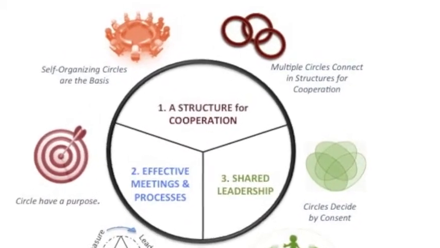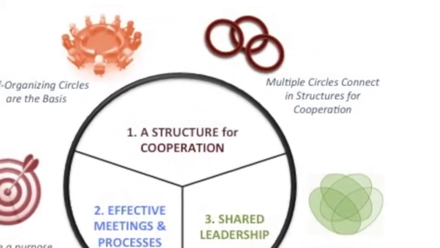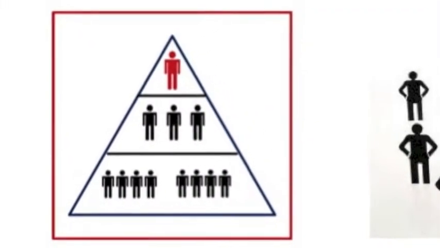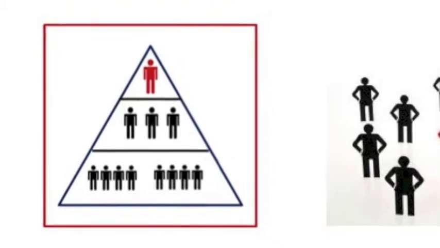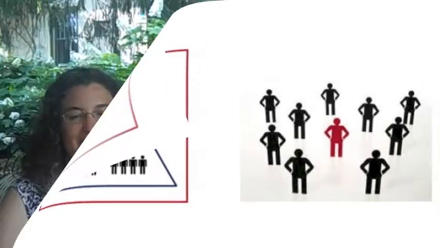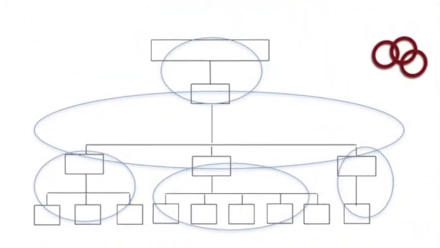Once an organization has more than one circle, these multiple circles connect in structures for cooperation. Most people only know of two choices for organizational structures, either hierarchical top-down structures or a flat structure with no hierarchy. For different reasons, neither of these structures is sufficient for steering organizations through the complexity that now exists in our world. We need a new method that can handle complexity and integrate diversity while achieving a high level of performance and efficiency. Dynamic governance uses a circular hierarchy.